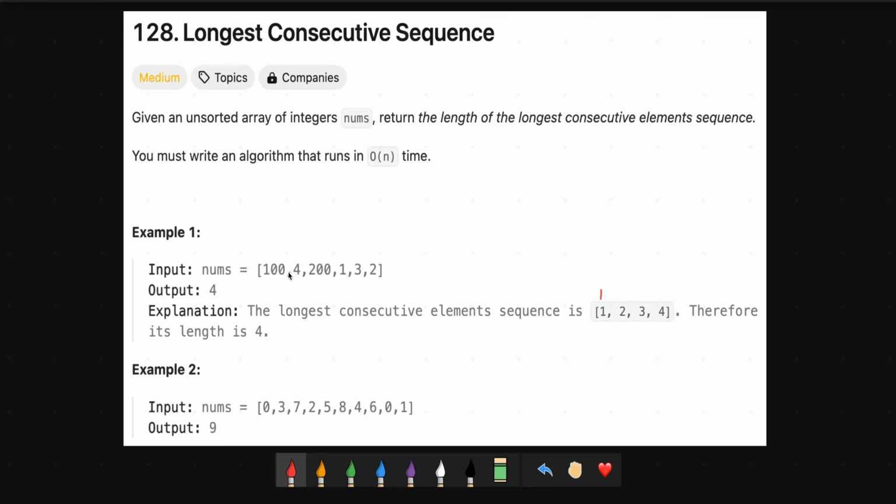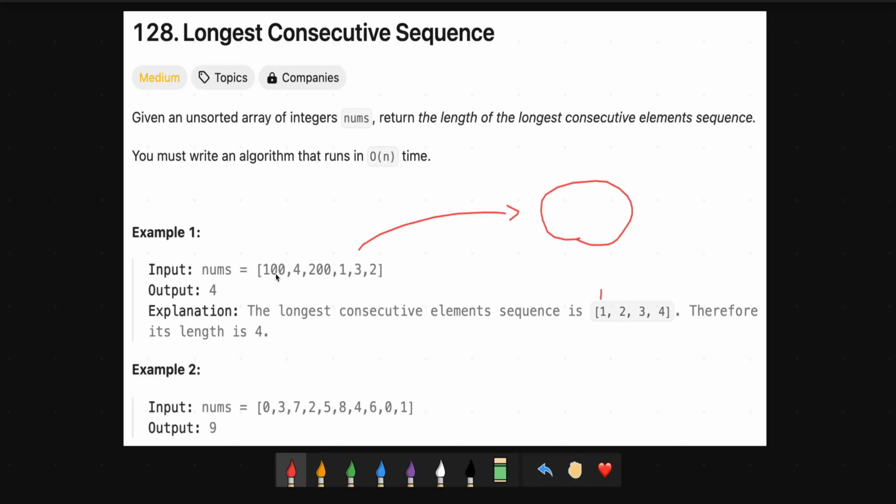So we take all our numbers and we write them into a set. Now they are unordered, so the difference between a set and a list is that here we have an order and here we don't. So let's assume all our numbers are now in here. We can go through our array and check if we can start a new sequence with this number. So we take the 100,